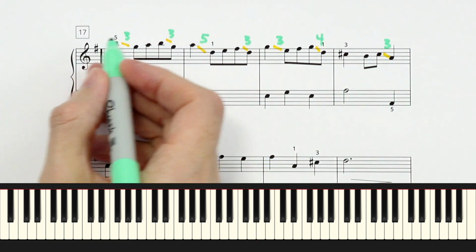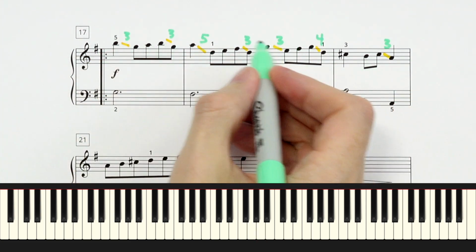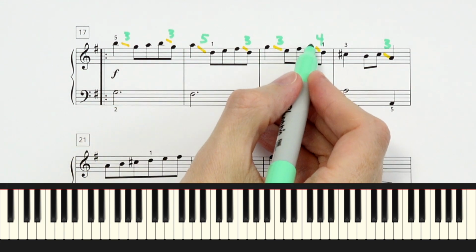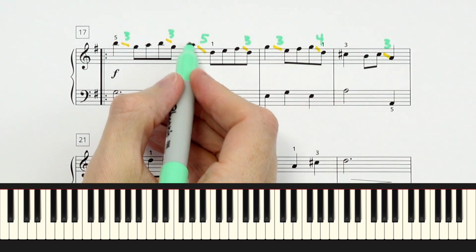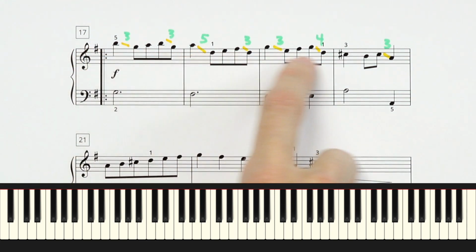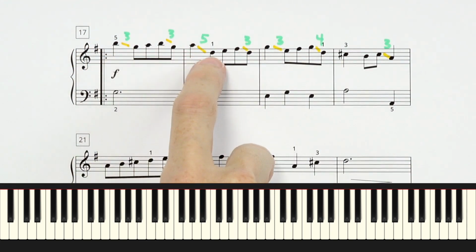One of the reasons I wanted to go through this is there are so many thirds, it's easy to get mixed up when there's something other than a third, like this fifth or this fourth. So be especially careful on those two intervals when you go to learn this. And that's exactly what we're going to do now. I'd like you to pause the video and try and learn these notes.